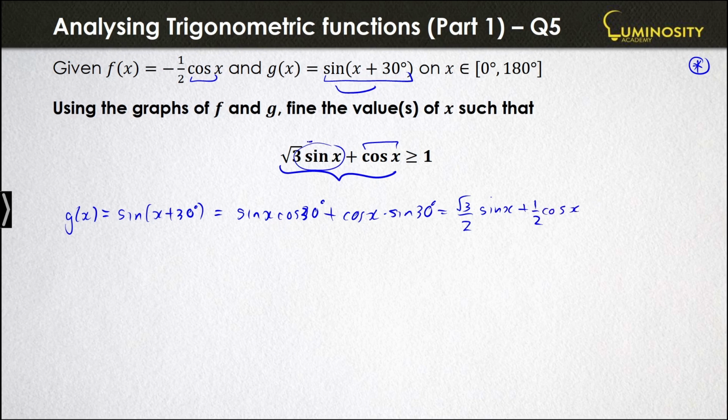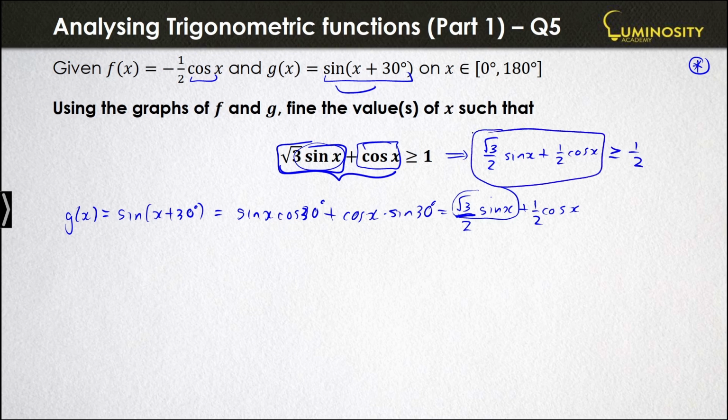Now this looks promising. There's a root 3 sine x and there's a cos x. We've got a root 3 sine x, but there's a divide by 2 here. And we've got a cos x, but that's also divided by 2. So if we take this original expression and divide both sides by 2, the inequality won't change because 2 is positive, then we get root 3 over 2 sine x plus a half cos x must be greater than or equal to a half, dividing both sides by 2. But this here is exactly g of x. So now we've simplified the problem towards the graph. g of x greater than or equal to a half. So if I go back to the graph now,